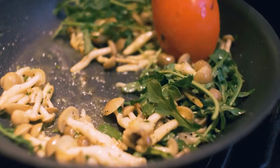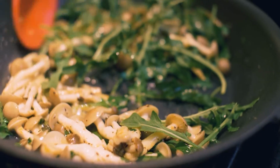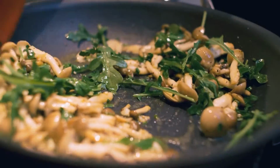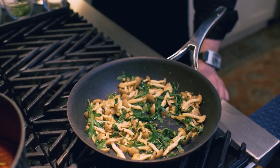all that we want to do at this point, the arugula is full of water. This is baby arugula, by the way. If you want something even more elegant, more formal than this, instead of putting it whole, you can chop the arugula, but I kind of like to see it in this form. The mushrooms are just about ready. I like to turn off the heat at this point,